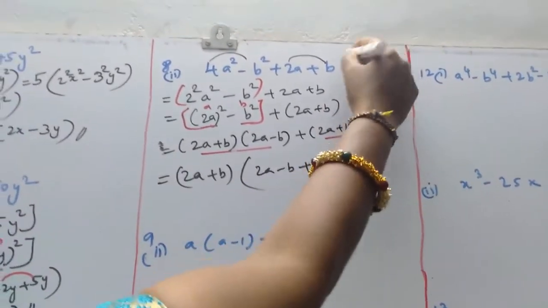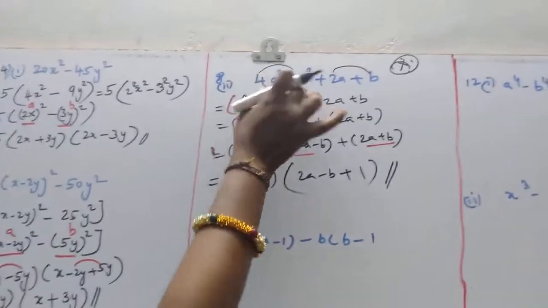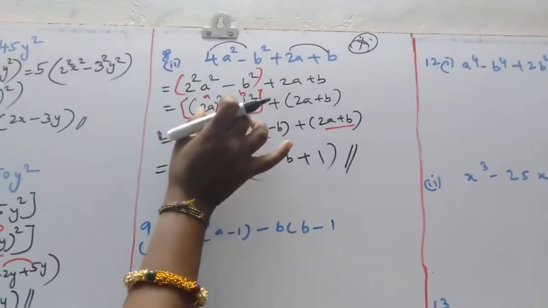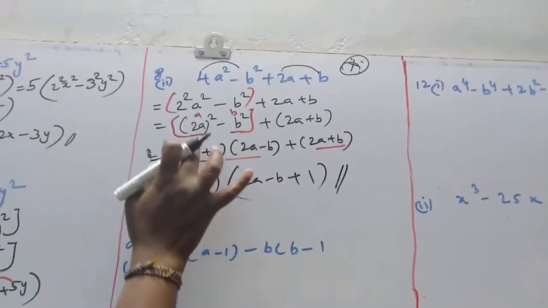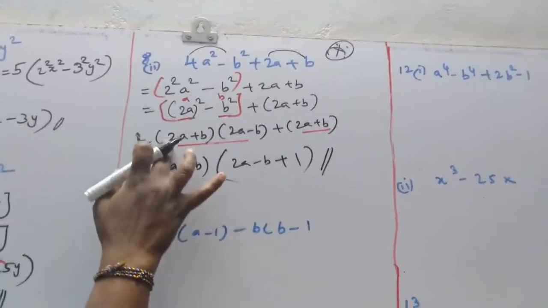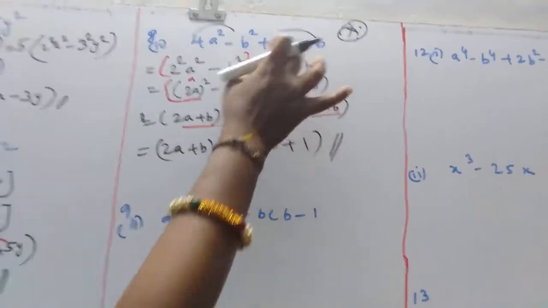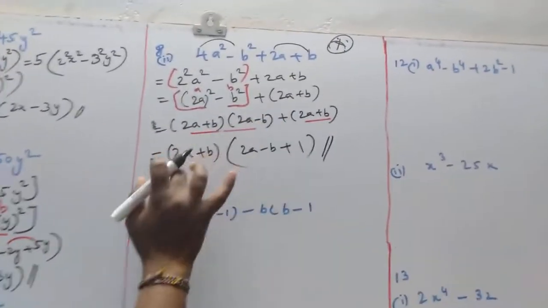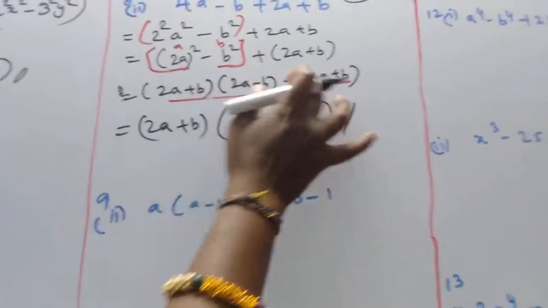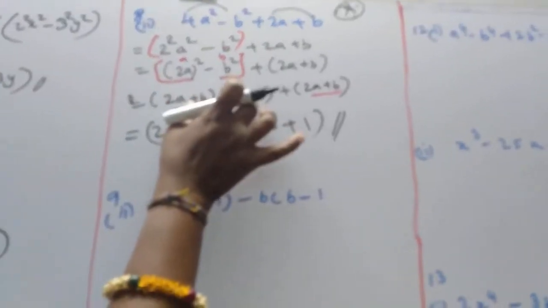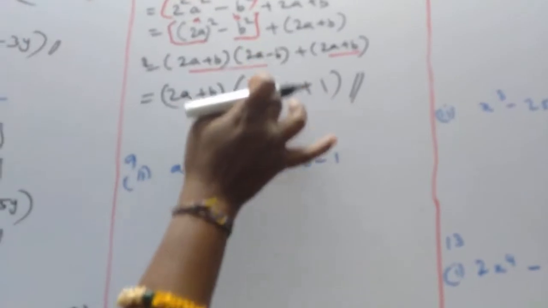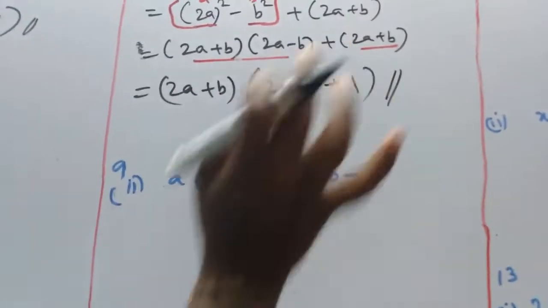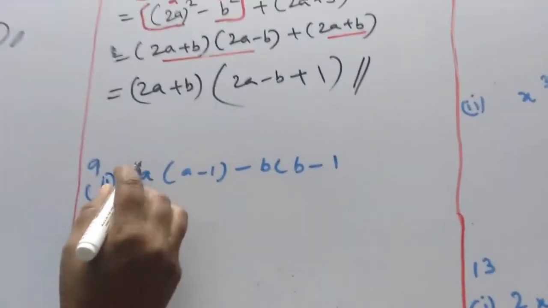This is most important, so once again, repeat this one. Here these 2 terms and these 2 terms we are splitting. First we are taking these 2. This is in the form a square minus b square, where a here is 2a and b here is b. That is (2a plus b) into (2a minus b), and this term 2a plus b is already there. We are just making it one separate term. So in this 2a plus b is common. If we take 2a plus b common outside and divide, we get 2a minus b left, and 2a plus b divided by 2a plus b becomes 1, with a plus sign here. So this is the solution. Okay, next question.